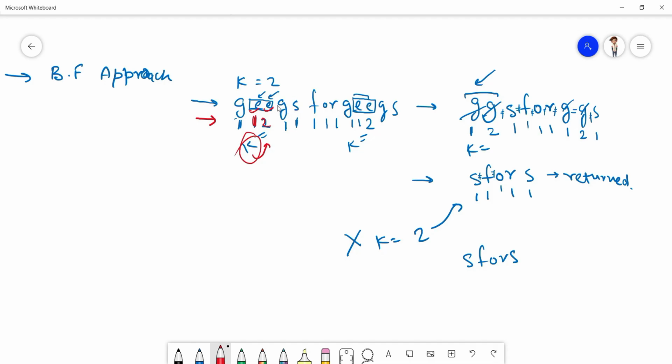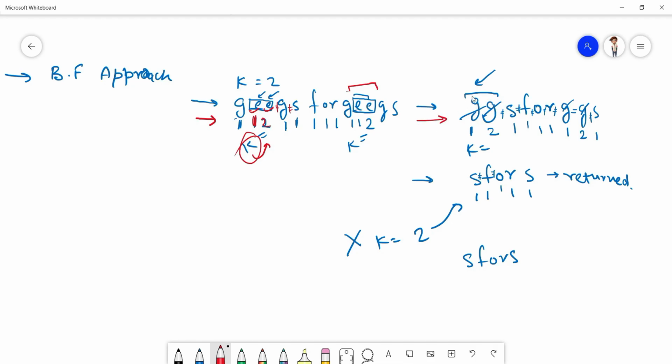Now we come over to this and we see that this is not there. We don't have to delete it. The count is 1. Now we come over to here, the same case happens again, and our string becomes this.